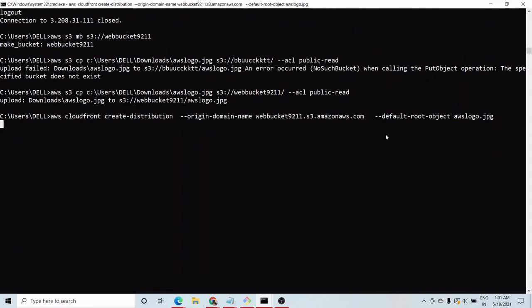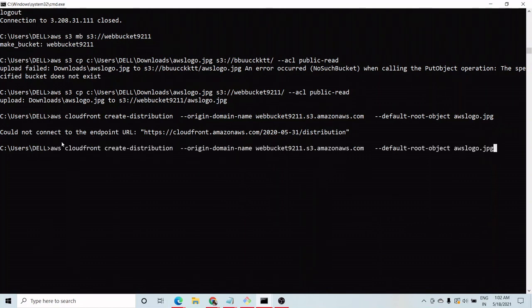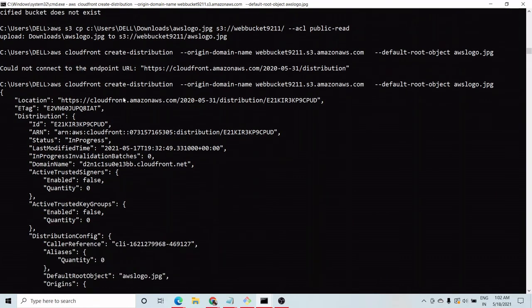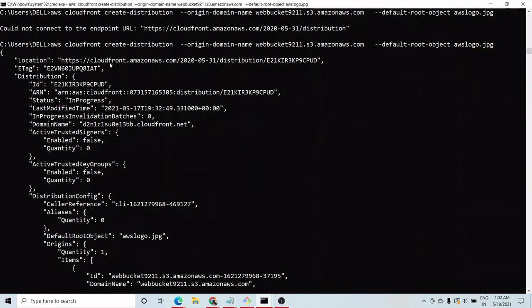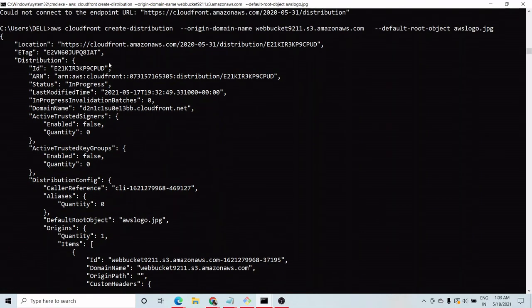I think I have not put enter. Yeah, so sometimes due to some network glitches it gives an error, so I'll again use the same command and enter. I had some network issue due to which it was giving an error, but I used the same command again and it has succeeded. It did not give any error, and it gave me many things about this AWS CloudFront.